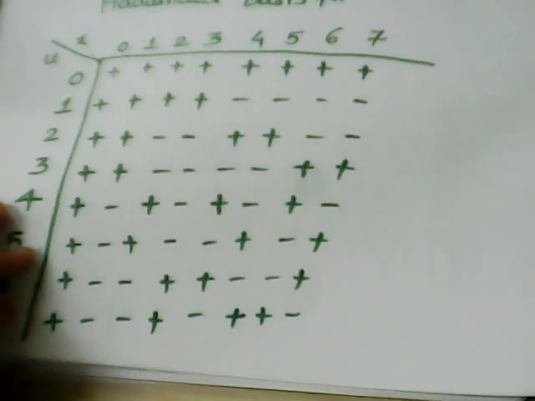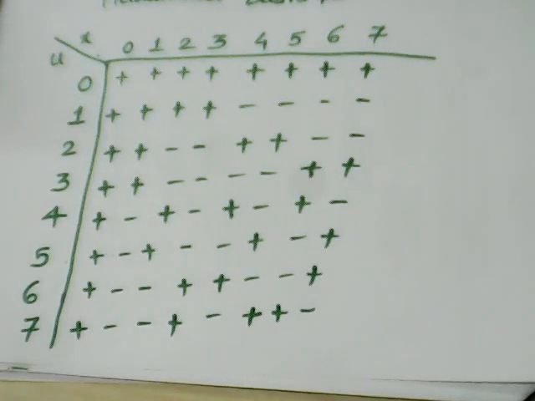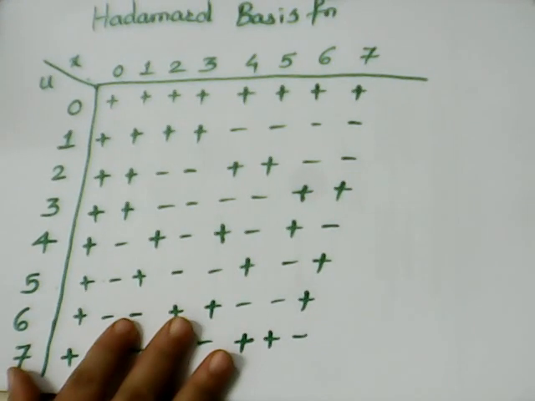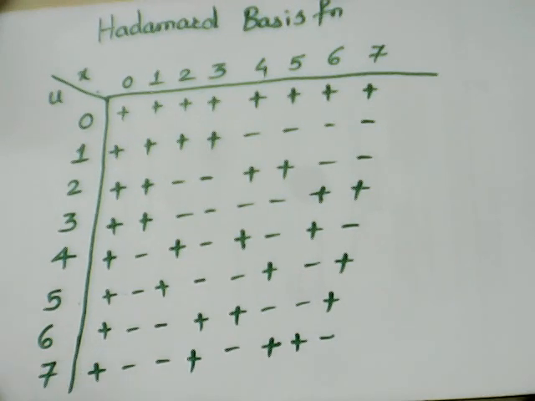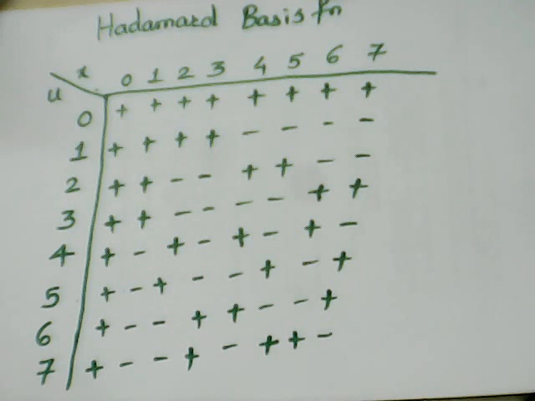Now if we want to see what will be the 8 by 8 basis function of the Hadamard transform, you just see this. This is the 8 by 8 basis function for the Hadamard transform. So is there a difference between the previous one and this? Obviously there is a difference. So any idea how to remember this? Think. Wash your brain, think. Yes, you can. There is a clue.